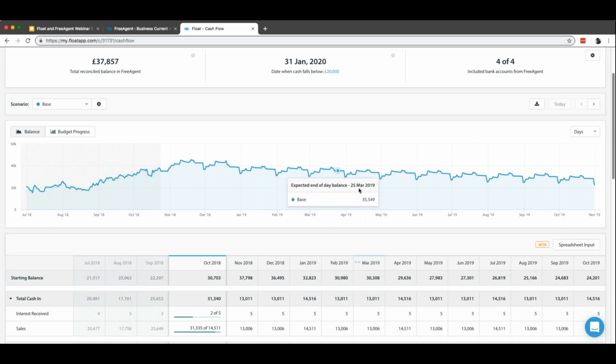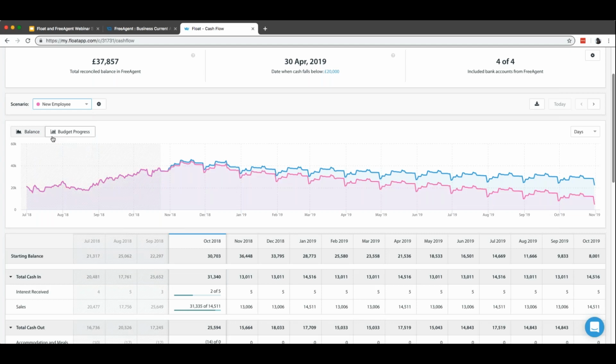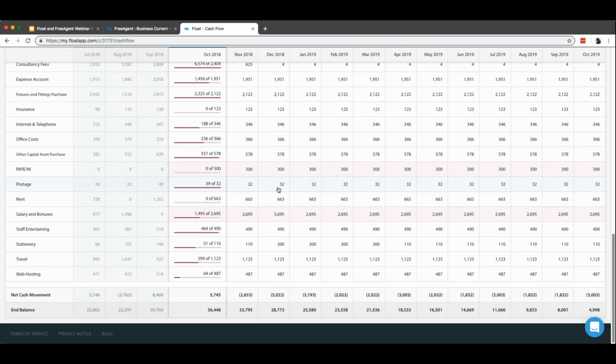The last thing I'd like to show you is our scenario planning tool. You can see here we already have a scenario for a new employee, which is this pink line, alongside our official scenario line as well. And what we've changed here, if I scroll down, is our salary and bonuses line here, as well as our PAYE and NI. So you can see that as we've changed these, the lines have turned pink to the color of the scenario, so we can easily see